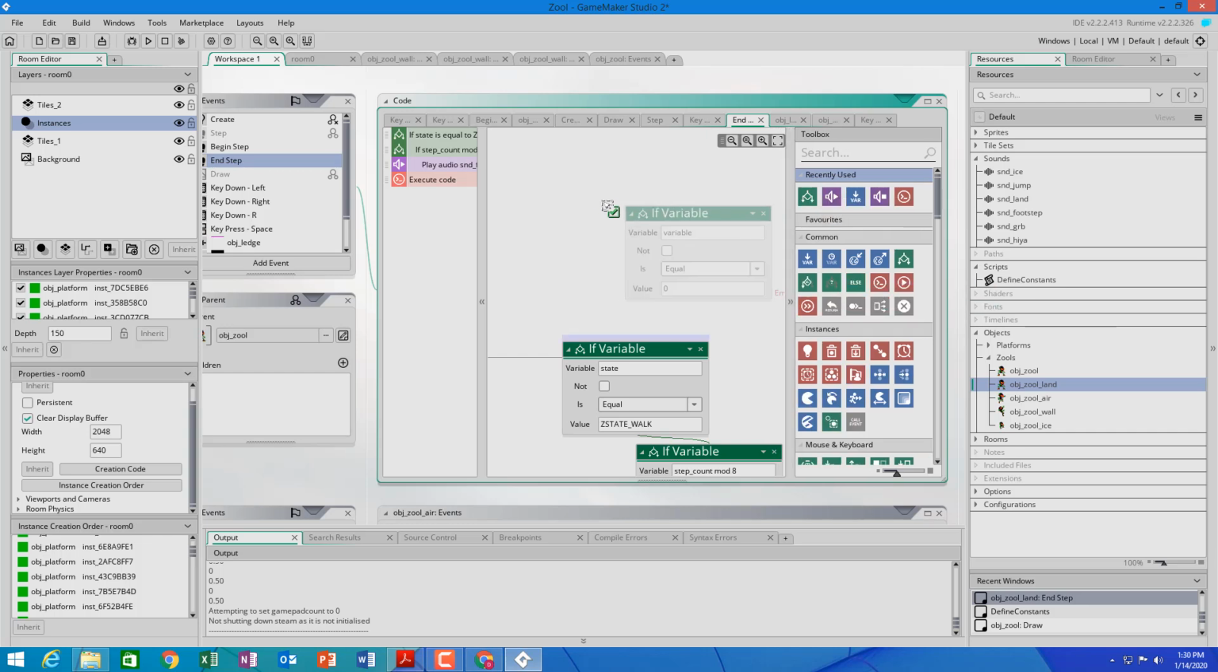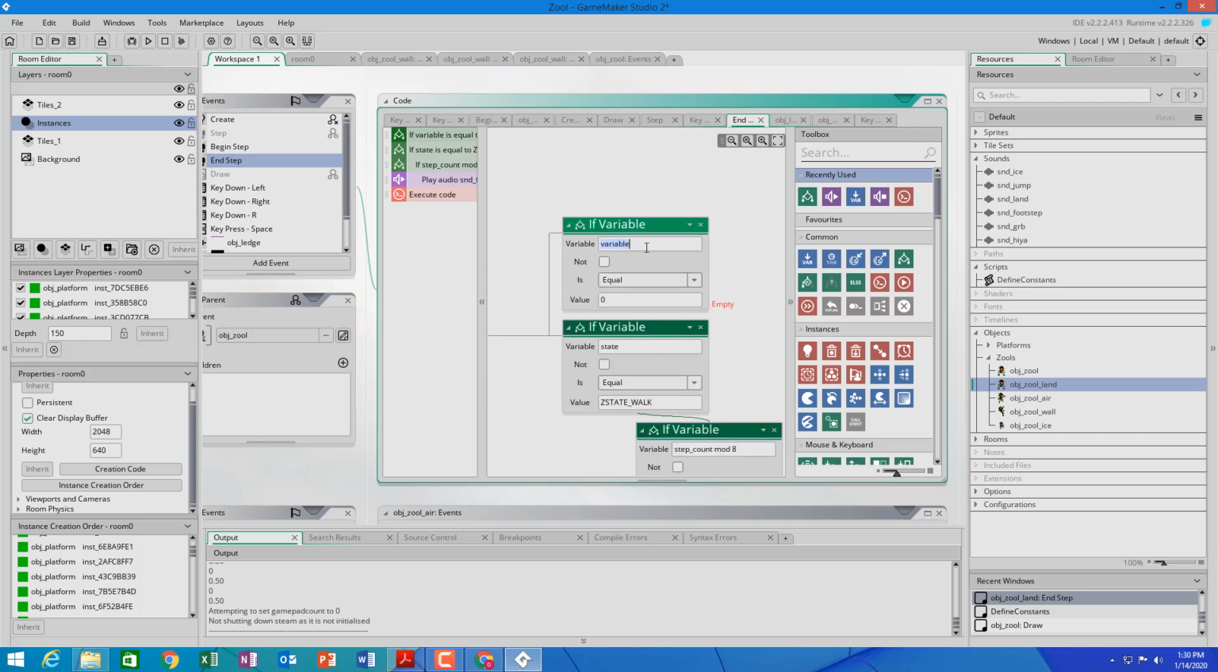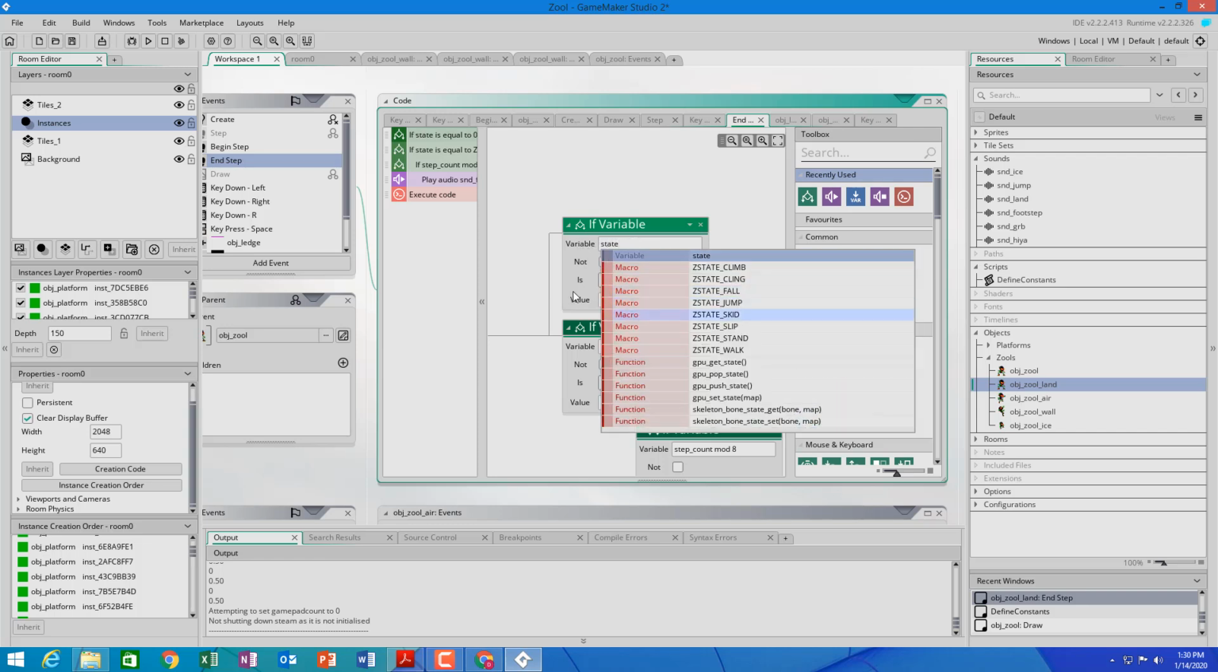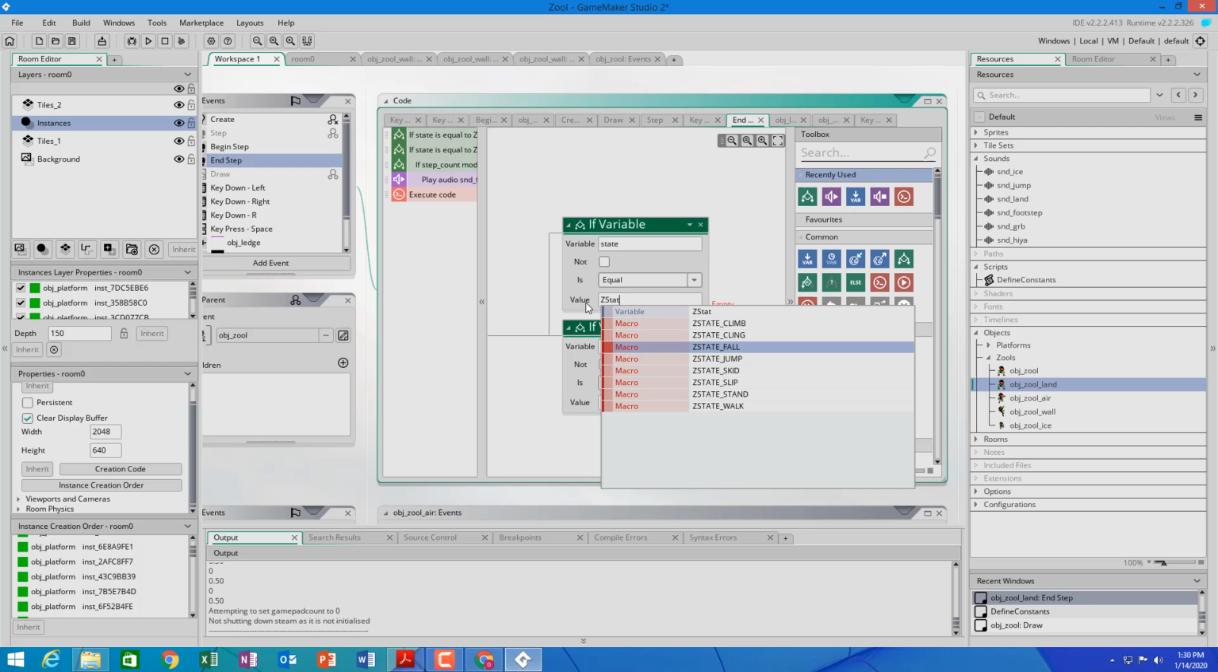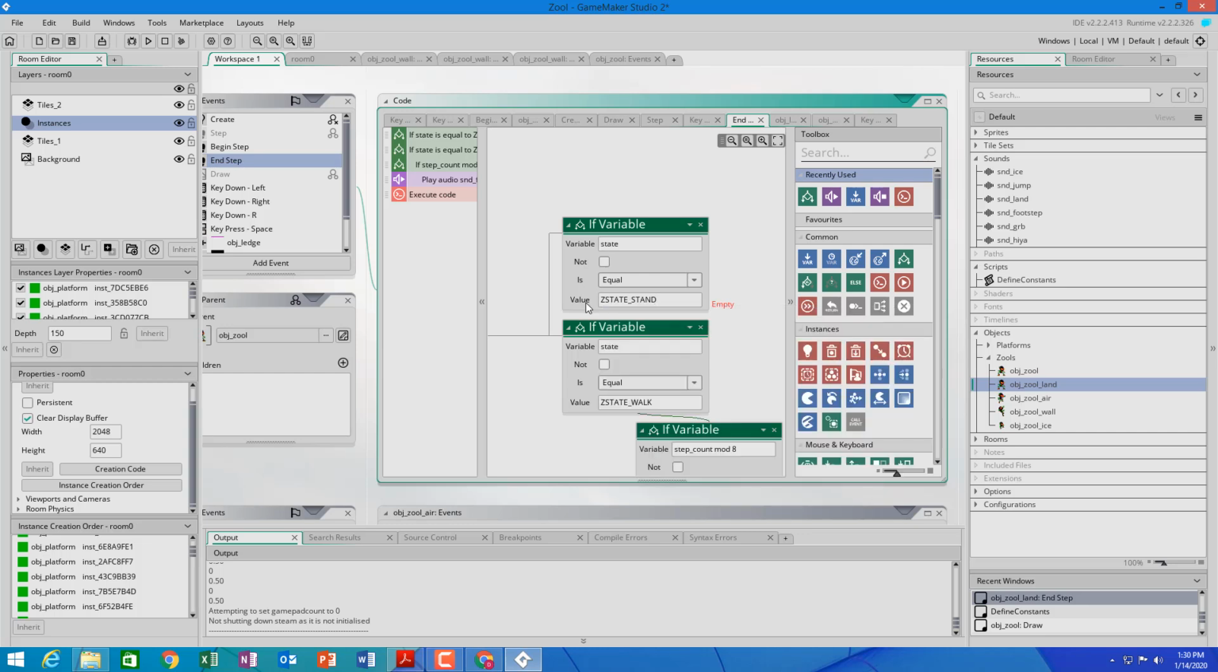It's this one. And which variable we're testing. Again, we're using the state. And we're trying to see if it's equal to Z-state stand. So if we're in the standing state,